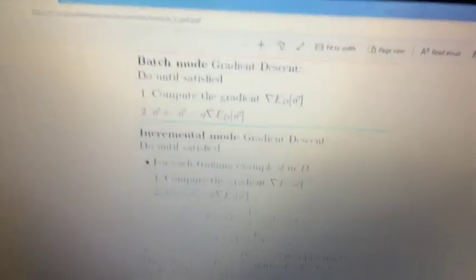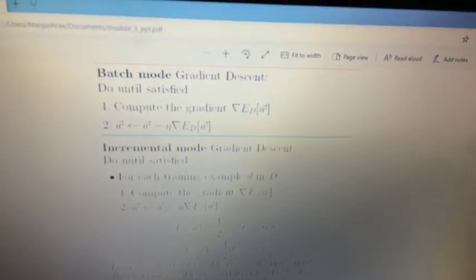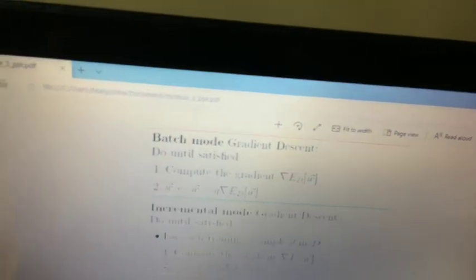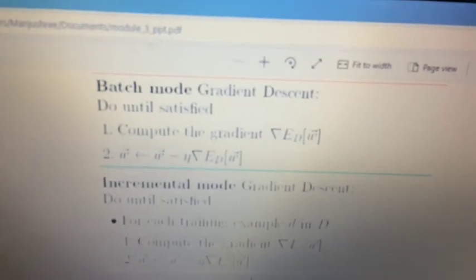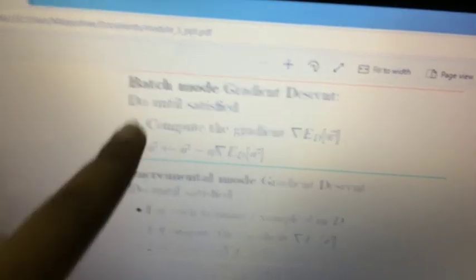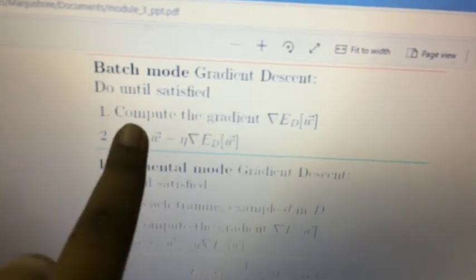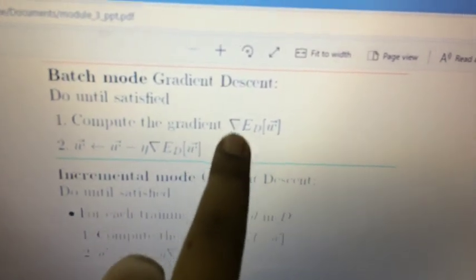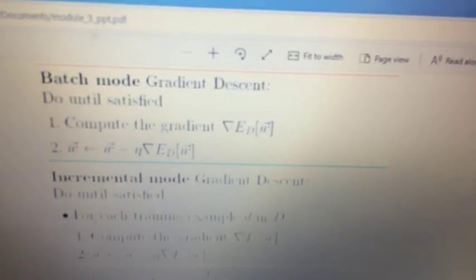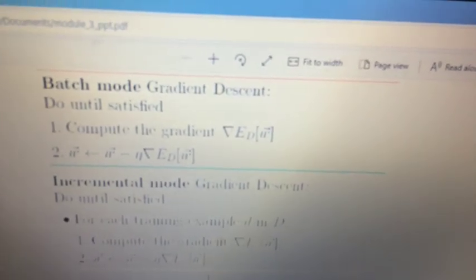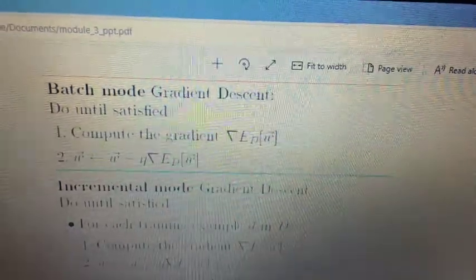This is explained here in an algorithm. First, batch mode gradient descent, which is the standard gradient descent. Do until satisfied: compute the gradient delta ED. The capital letter D indicates that you are computing the error over all the training set.